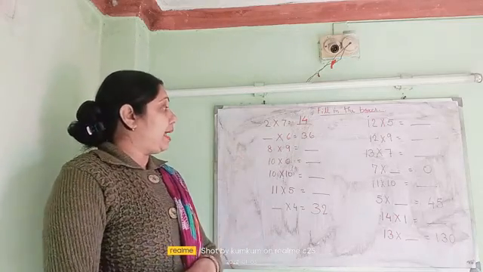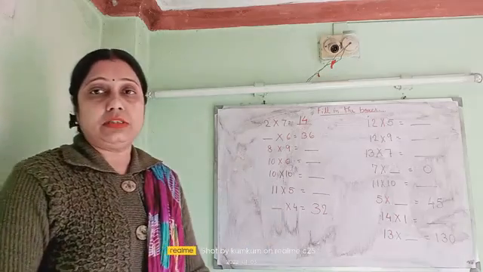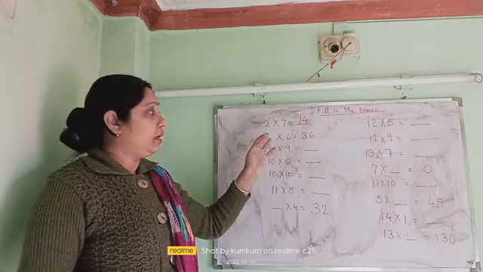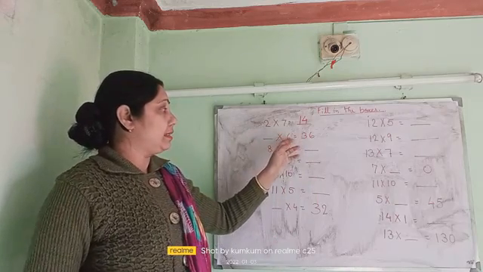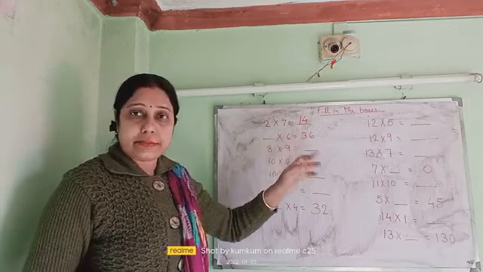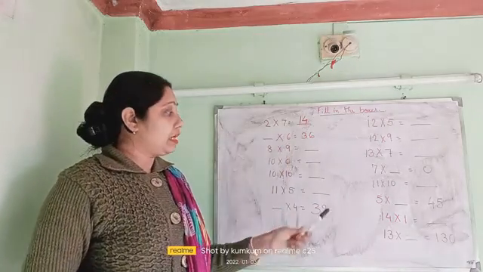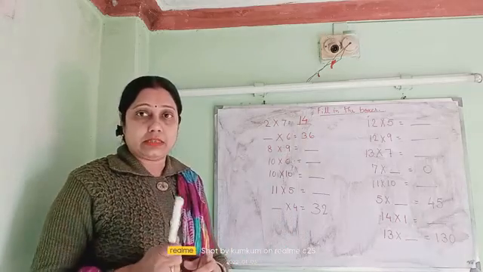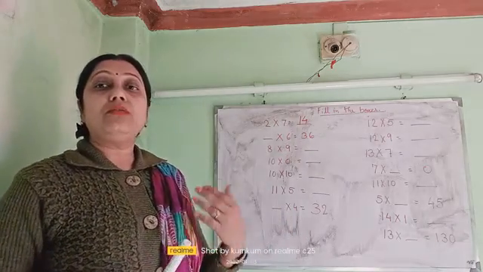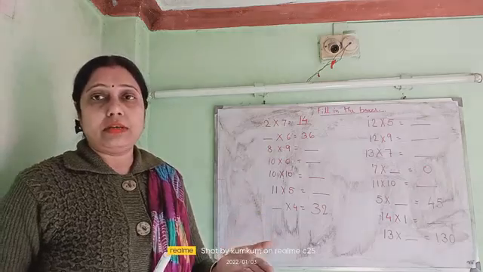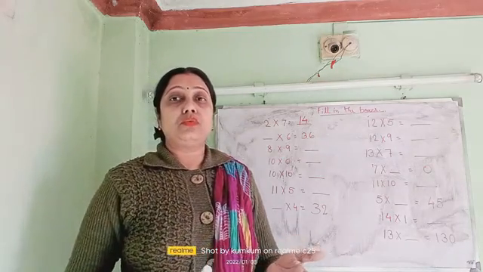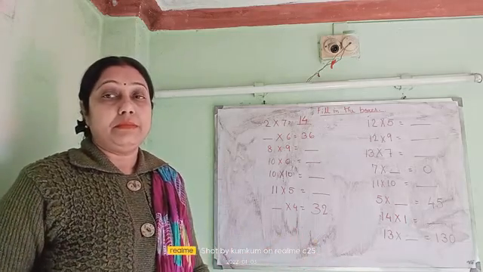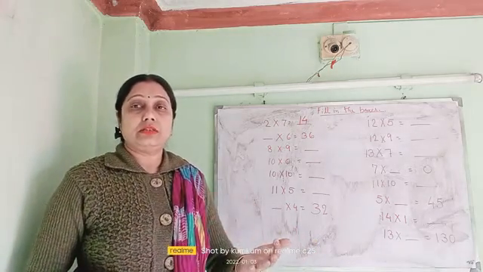Next one, dash multiplied by 6 is how much? Now see here, because the first number is not given, we are going to read the table of 6, and we will go on reading until 36 comes. This part is very important because you have to learn the multiplication table by heart. It is a must. And as you are in class 1, after the annual exam you will go and read in class 2. So you should have a proper grip over the multiplication table, because it will help you in every step.